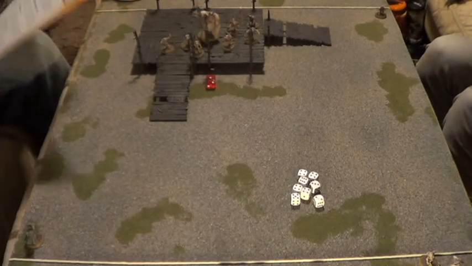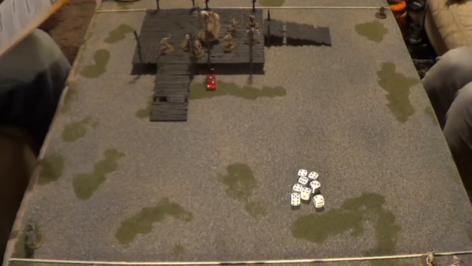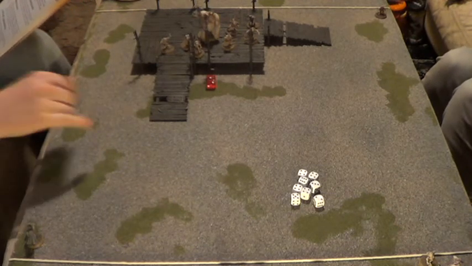Meanwhile, Gandalf, who is anxiously searching for his friend in darkness, has been beset by the Goblin King and a small band of his followers. The Hobbit must conquer his fear and be brave if he is to rush to the aid of the old wizard. So in this scenario, we've got Gandalf and Bilbo, and their objective is to end a turn in base